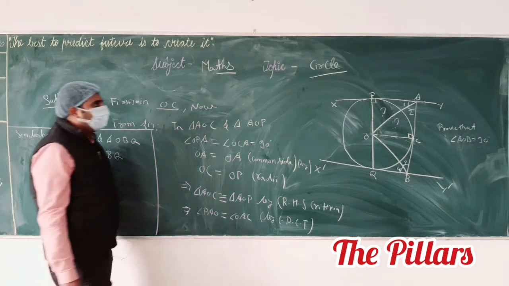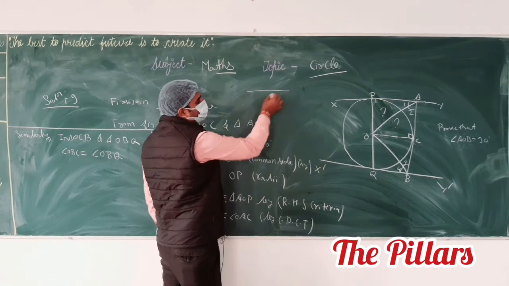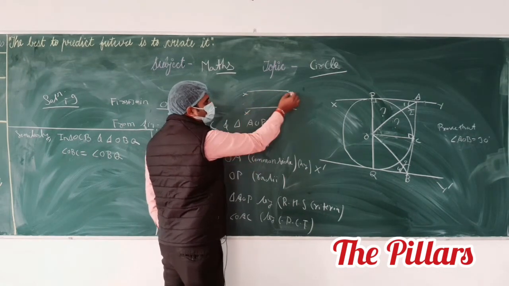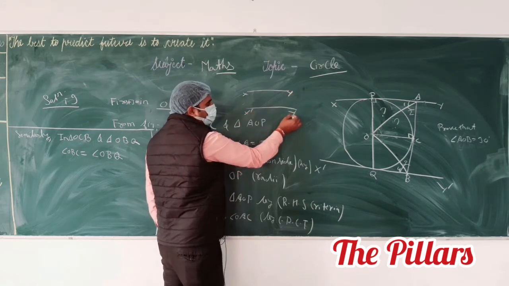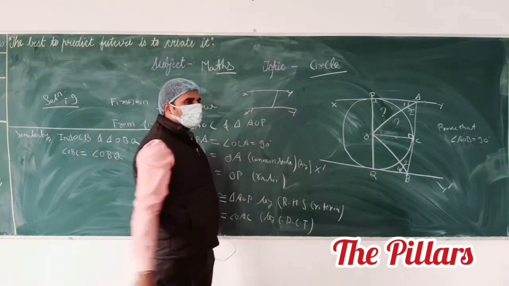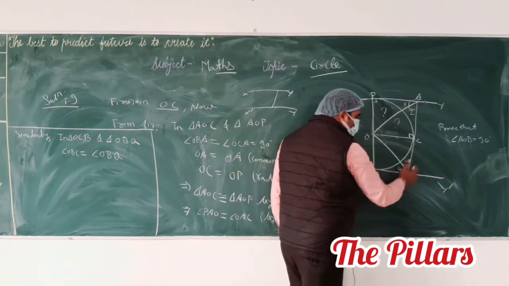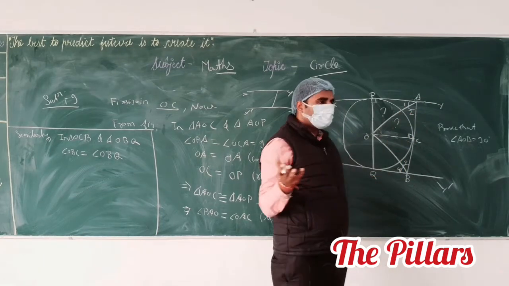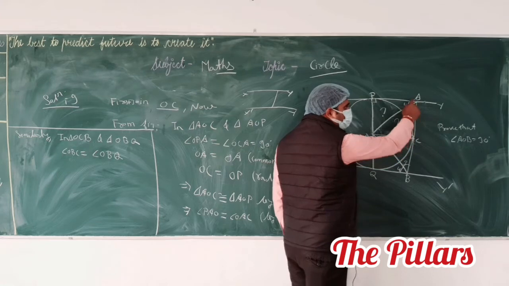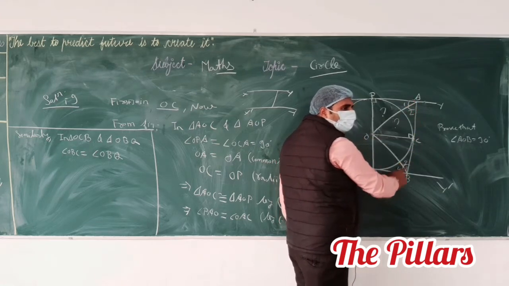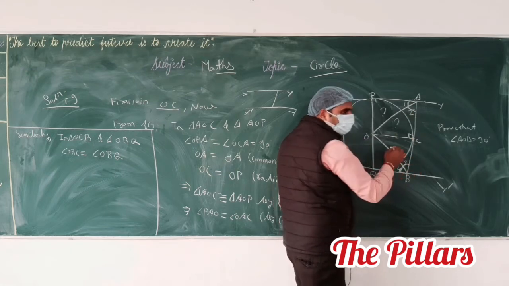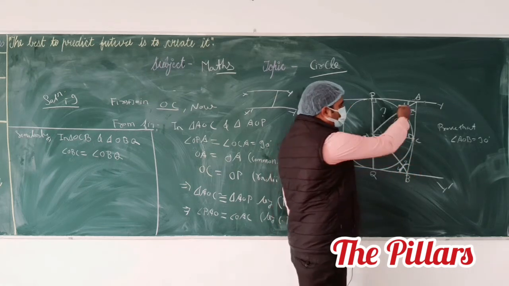Achha. You all have to see that XY and X dash Y dash. This is your XY and this is your X dash Y dash. These two are parallel. And AB is the transversal or not? We have no use of PQ. Here we have to use this AC. We require this whole angle and this whole angle. This is the whole angle of this one, and here also the whole angle 3 and 4. We have to discuss angle 1, 2 and angle 3, 4.